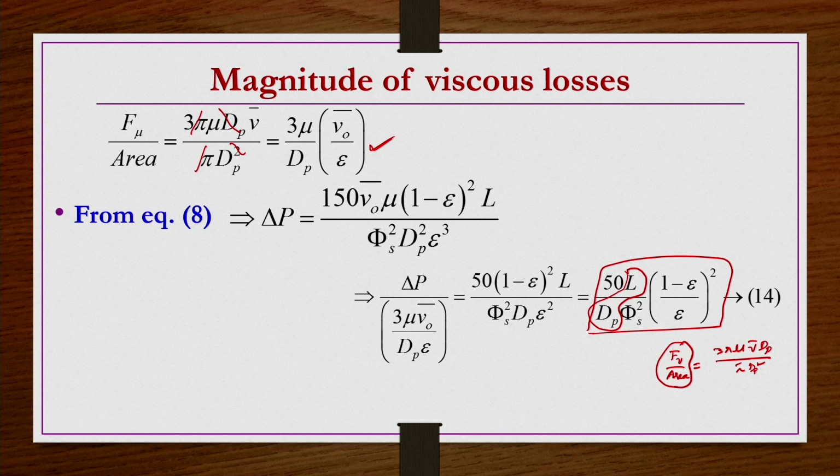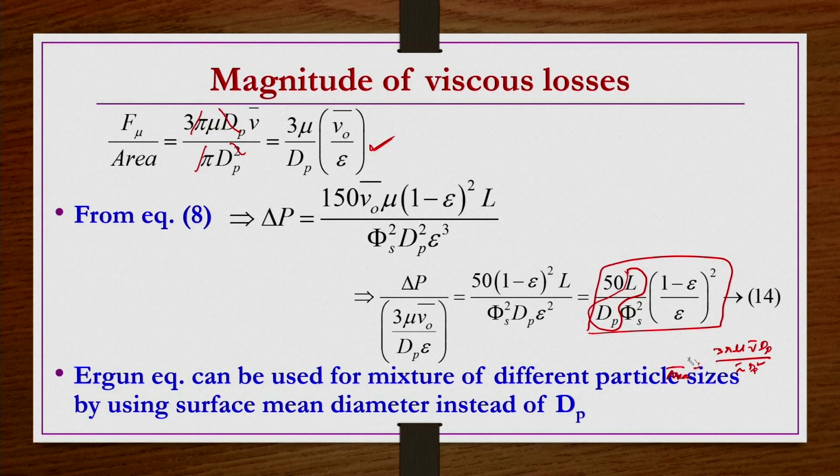Under such conditions also these equations are valid, especially the Ergun equation, as he has already tried different types of particles, right. But under such conditions you have to find out the surface mean diameter of the particle for this mixture of particles, the way that we did previously in one of our lectures on screen analysis. There, for a mixture of particles, we found different types of mean diameter. So one has to take the surface mean diameter here, and then the same equation can be used in exactly the same way.